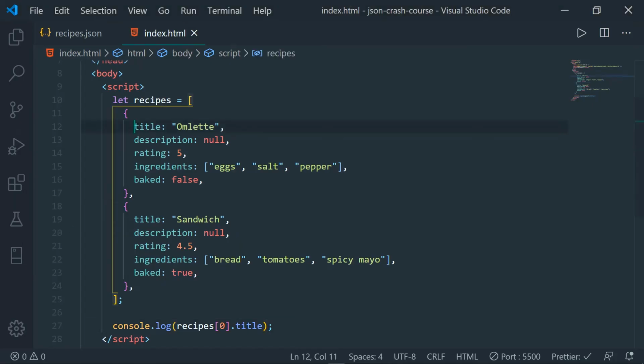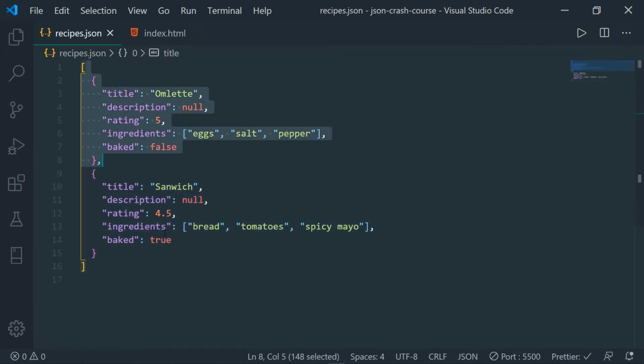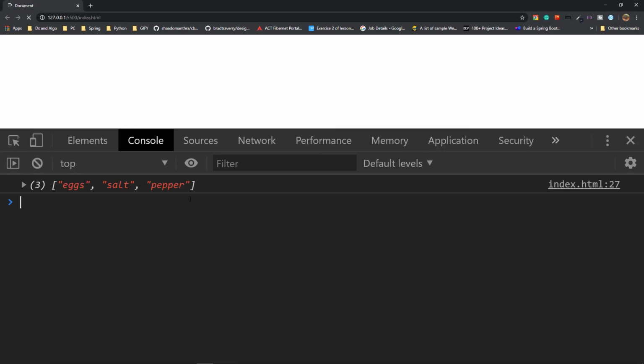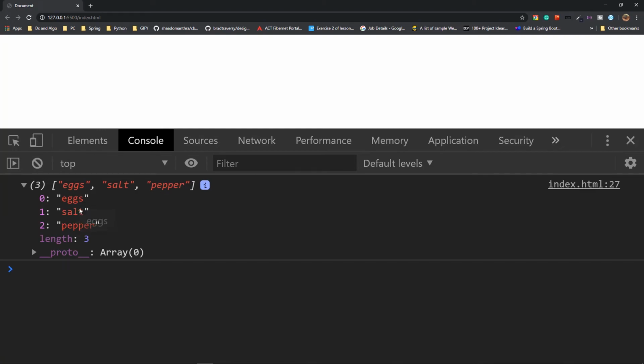If you observe here, all the keys have had their quotation marks removed. That is because I have an extension in Visual Studio Code that is removing them. But essentially, if you want to create a proper JSON object, you have to make sure that all the keys are present inside of quotations. As you see here, this is the correct syntax for writing objects inside of JSON. So make sure to follow this. Similarly, you can access all the other elements present inside this array. Let's say I'm going to type in ingredients and save it. And you have an array consisting of 3 elements.